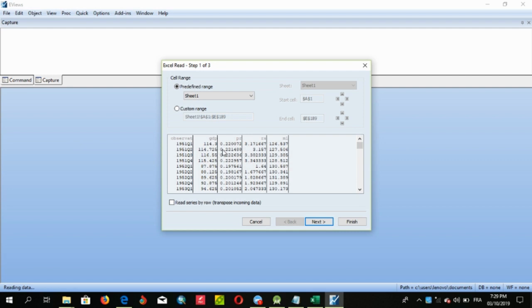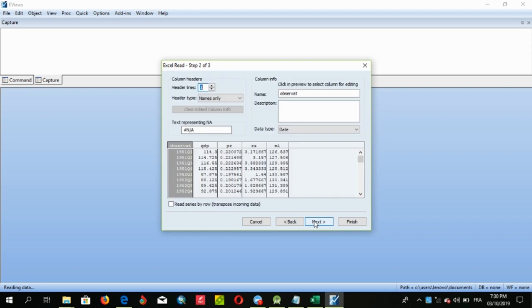And then obviously we can see that that's the same kind of form our data set was in. So obviously we click next. But if our data set was transposed, then we would see it as a transposed data set. Then we could click read series by row or transpose in count data. Then we could check this, but it is not transposed. It's obviously our data that we needed. That's it here. So obviously we click next,